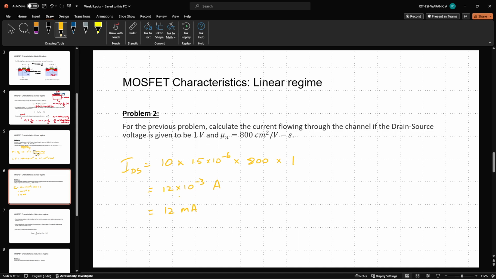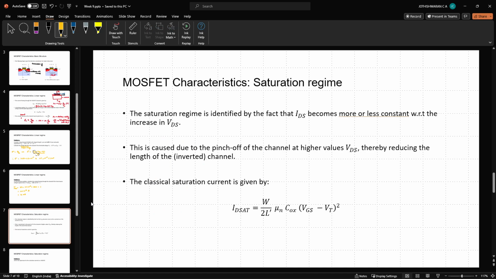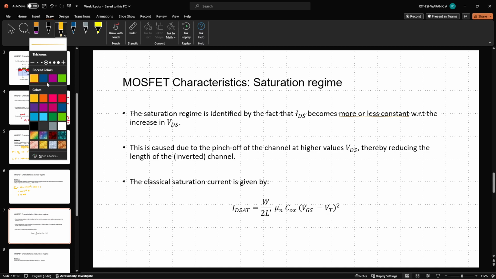So calculations again are pretty straightforward. Now moving on to the saturation regime. In the saturation regime, the current IDS becomes more or less constant. It is not going to become completely flat. If you remember from our previous session,